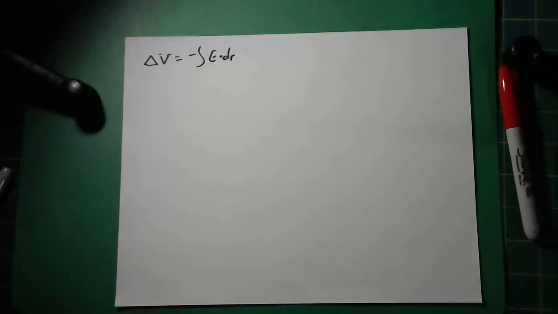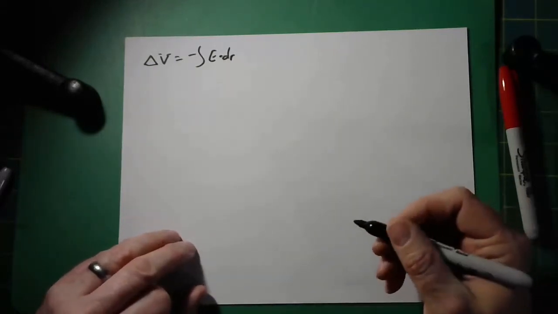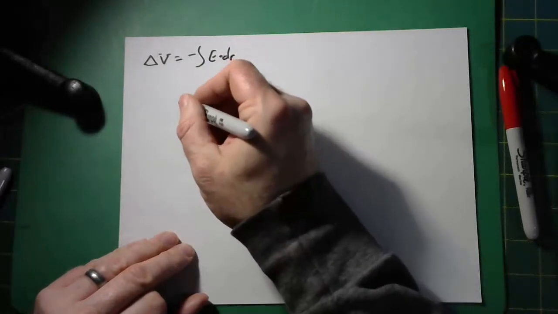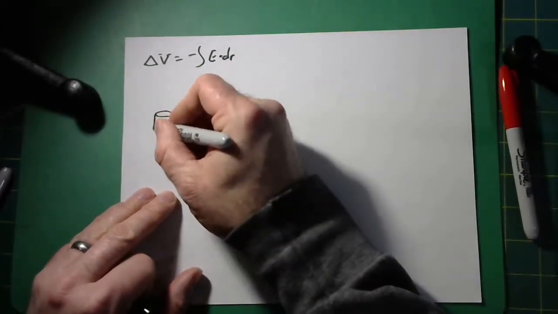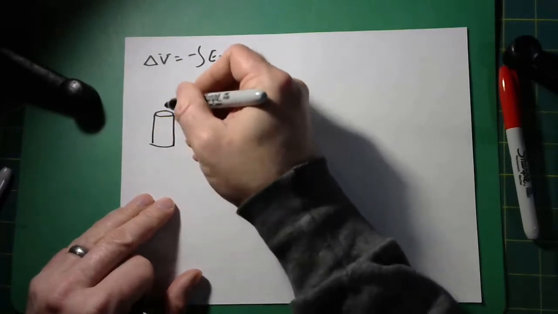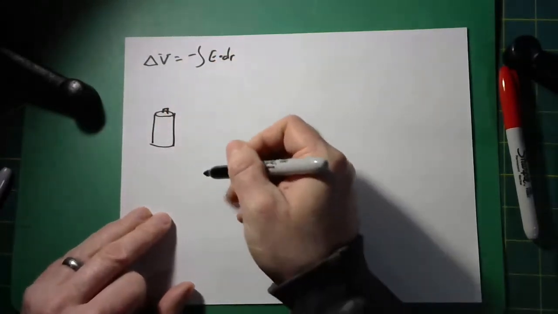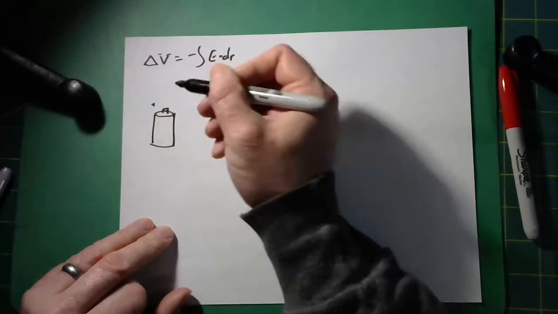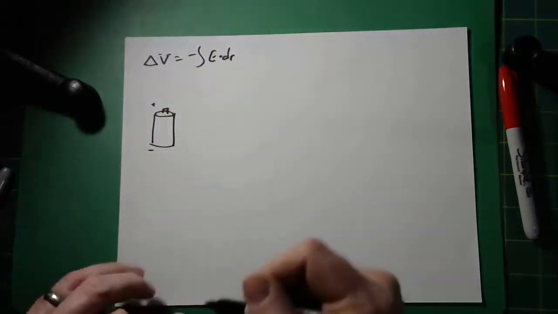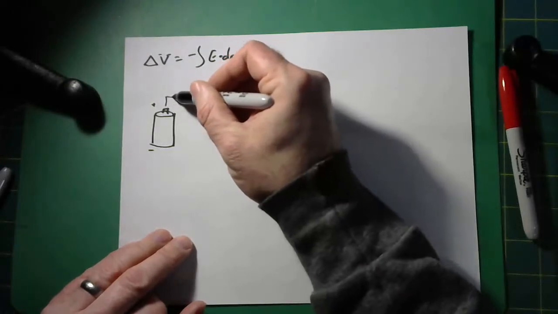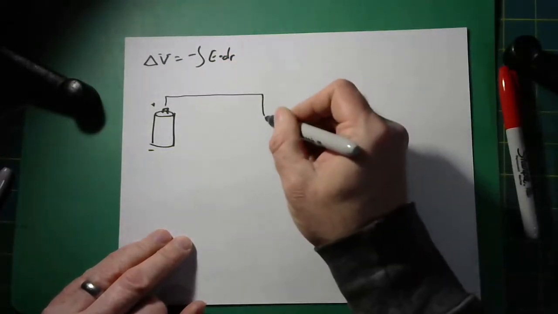So let's set up a little experiment. In this experiment, I'm going to hook up a battery. I'm going to draw the picture of the battery instead of using the battery symbol this time. And there's a little bumpy end. Yes, that's the positive end of the battery. That's the high voltage end, and here's the negative end of the battery. I'm going to hook it up to the wire. And here I'm going to wire in